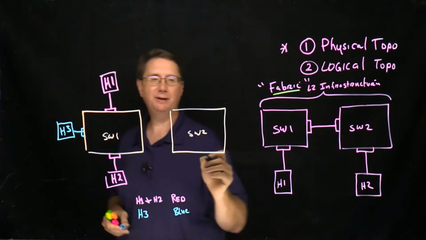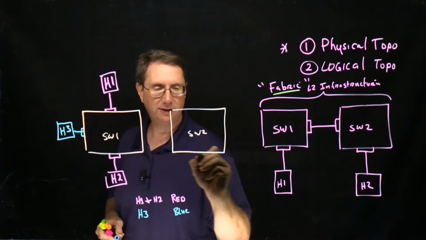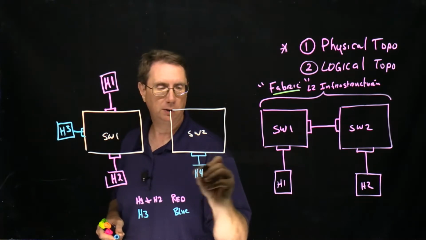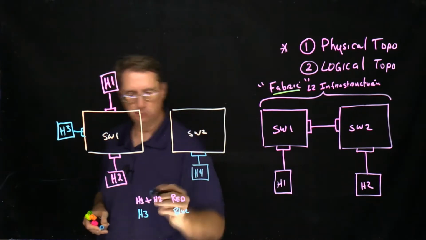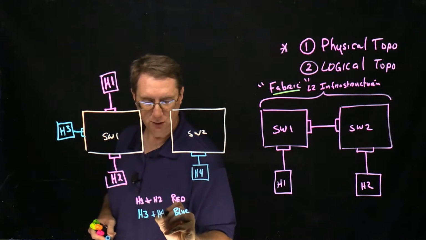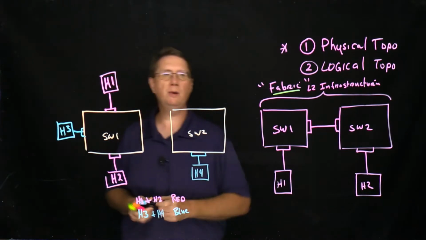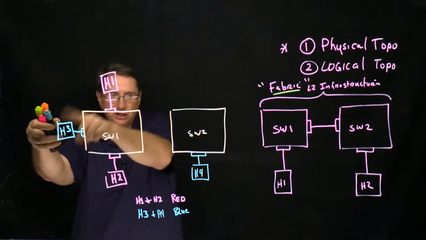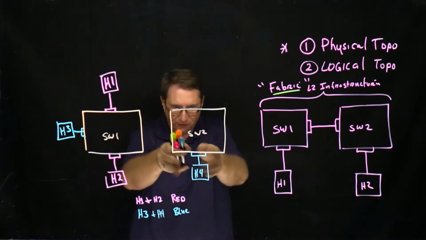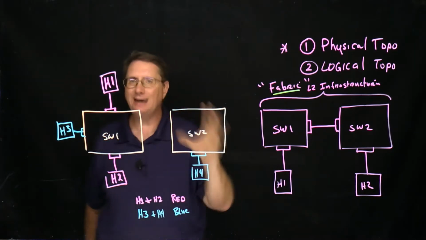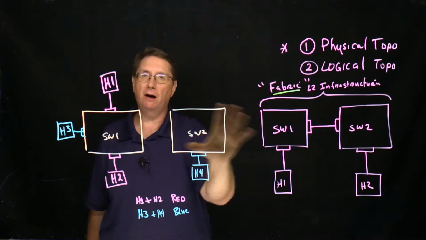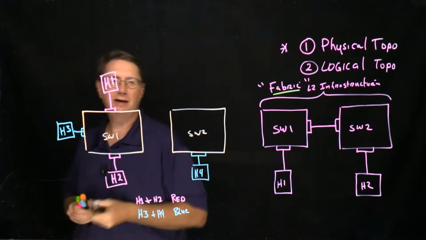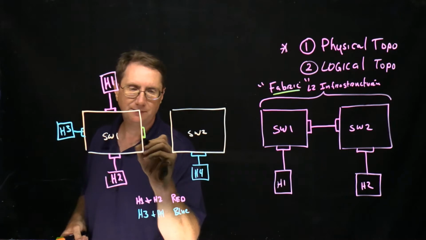Now what would end up happening is if I had a device down here that is going to be H4, and it is in the blue VLAN, H4. So what we want to do is make certain that we have the capability of being able to get communication from H3 all the way across this infrastructure and down to H4 and any other devices that are part of this VLAN. Now the way that we do this is that we would actually connect these devices